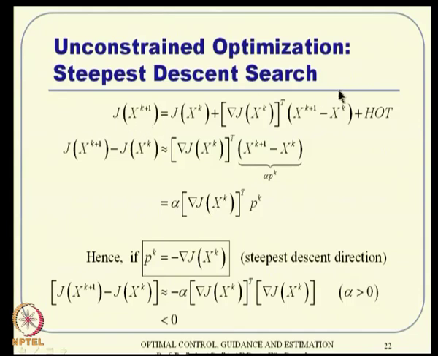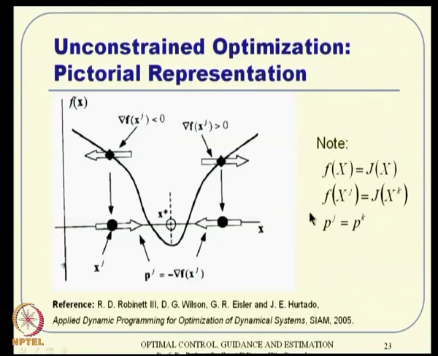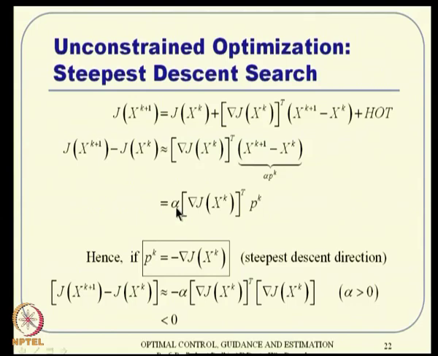Again going back to the Taylor series ideas, J of x_k+1 can be expanded around J of x_k, and this is the relationship you have. J of x_k+1 is nothing but J of x_k plus gradient of J transpose times this error plus higher order terms. Neglecting higher order terms, we can make it approximately equal, this minus this equal to that, and hence we can solve this. In other words, x_k+1 minus x_k is nothing but alpha p_k. So, I can put alpha p_k here, and alpha is a constant number, so I can have it here, and hence that gives the direction p_k.